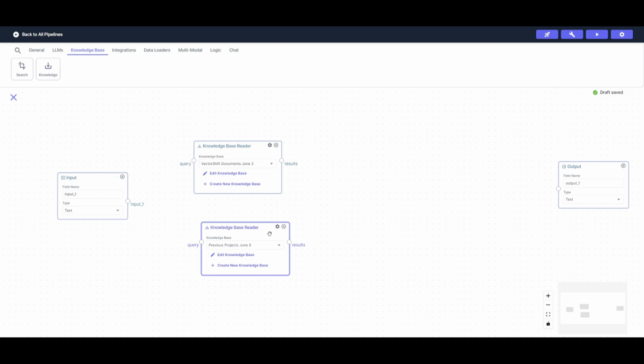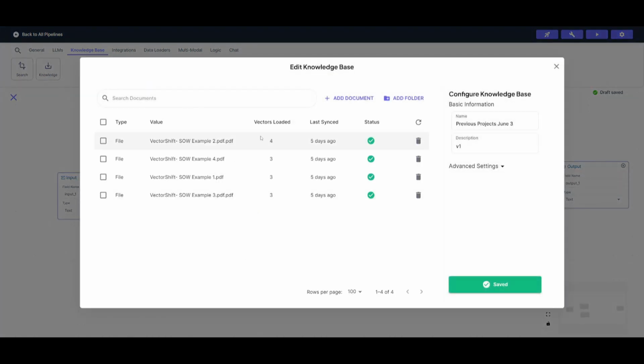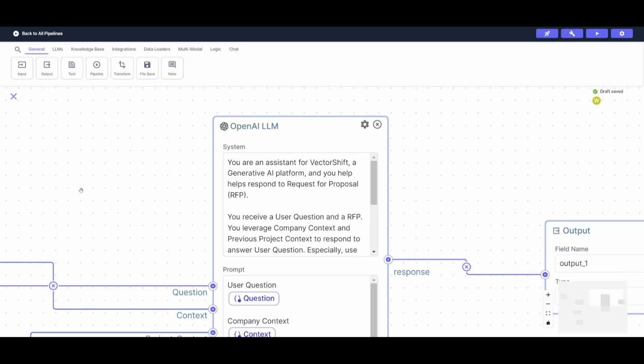And now the second knowledge base reader is going to focus more on the previous projects that I've worked on within Vectorshift. For example, if we go over to the knowledge base, you'll see all the different projects that I've worked on within Vectorshift, and they're going to help me in answering the questions for the bidding for the RFP. Now, I went along and I have added a new large language model node,